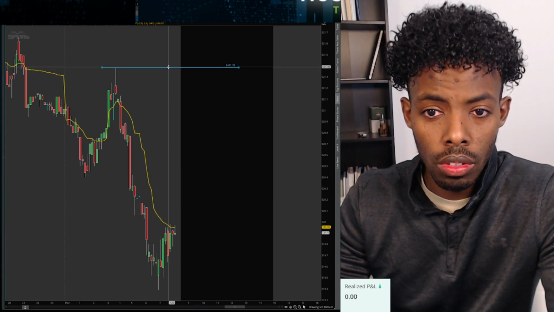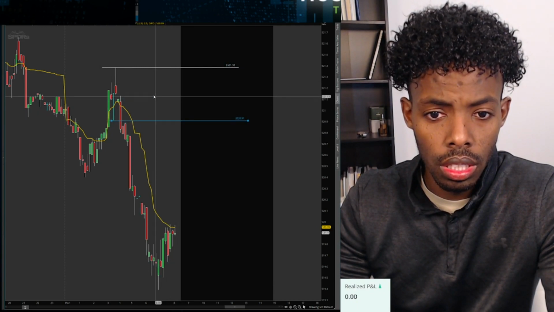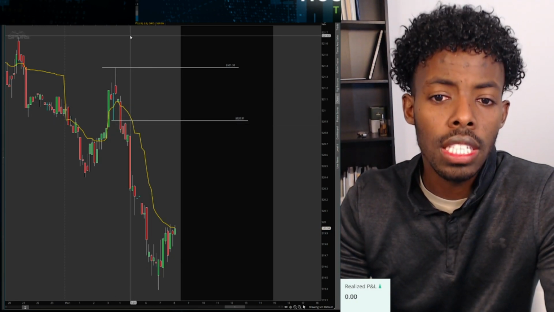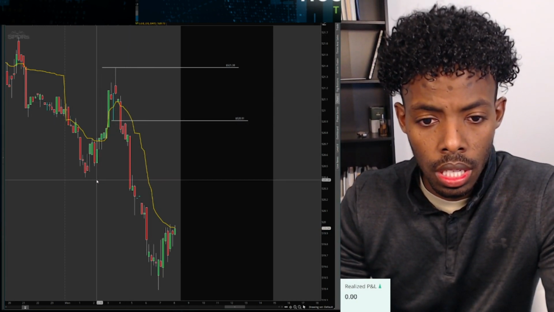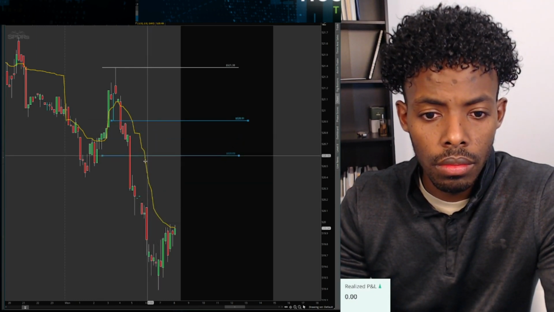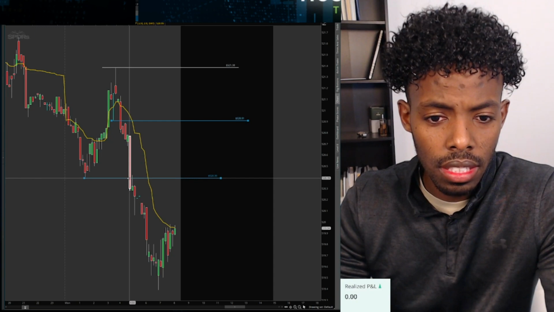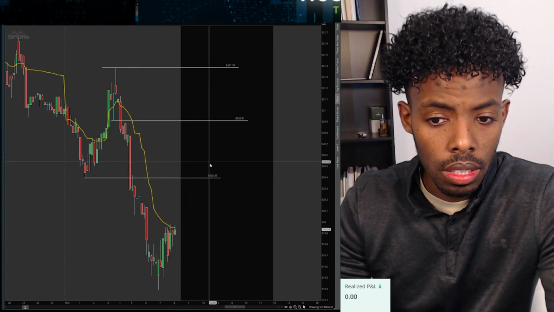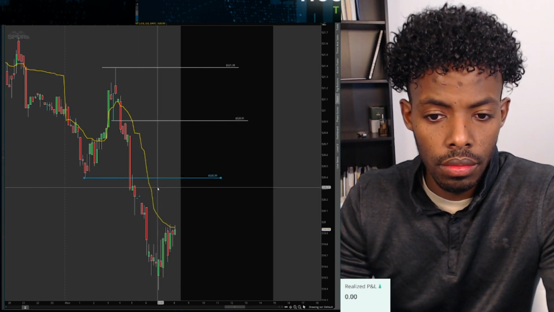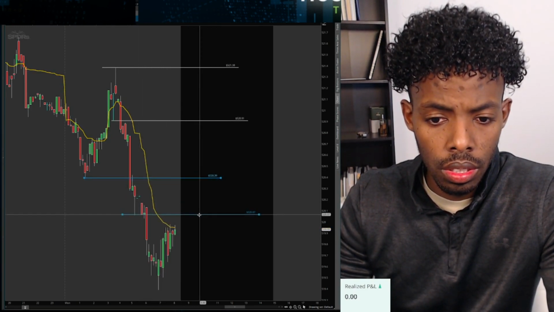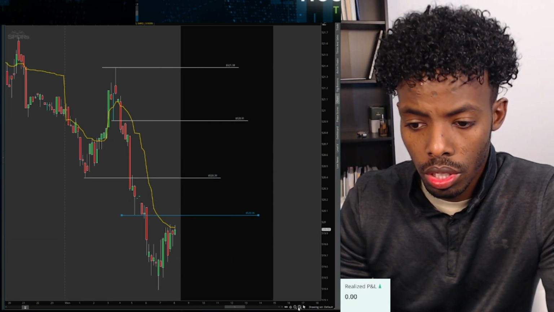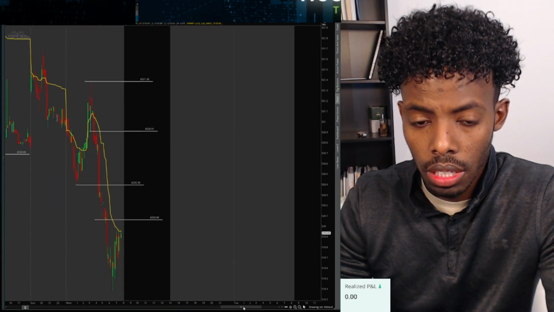We're gonna go ahead and also mark this one. It's also a nice, beautiful wick. Take a look at it here. Price came back down, it got shifted right back up. Also right here as well. Let's go ahead and mark that one as well. It's really, I guess, that simple, really, right? And as well as right here. All right. So these are the areas in which we're going to be potentially looking to see a reaction with